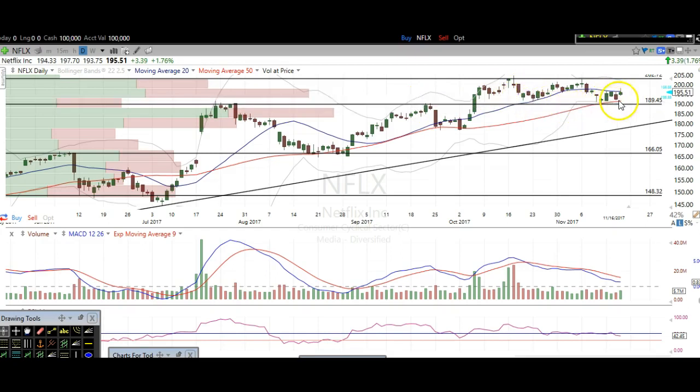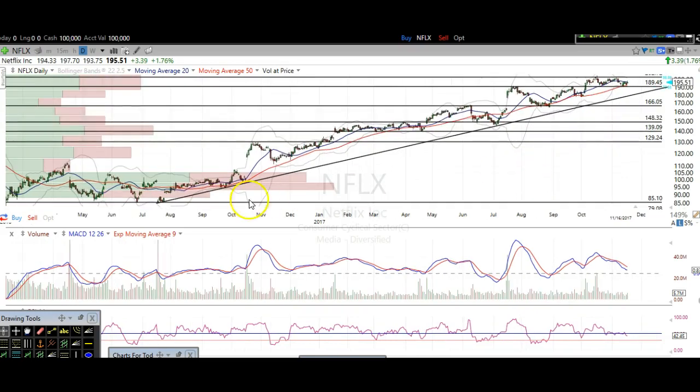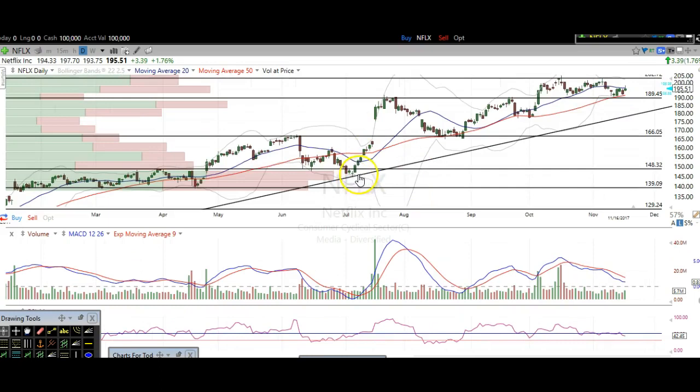there and right here. So the next thing I want to point out is if we do break this support, we've got a really nice uptrend line right here. It started back here in July of 2016. You can see we got a bounce here, there, and then another bounce right here. So if we do break lower, we've got that trend line support as well. All right, so pay attention to that main level. As far as resistance, we've got resistance up here at about 205 based off of this previous rejection point